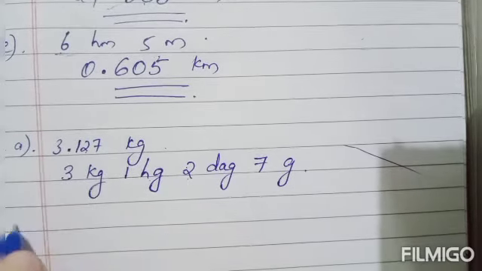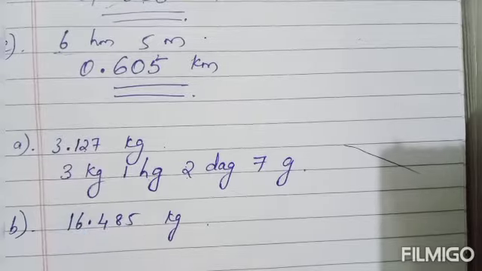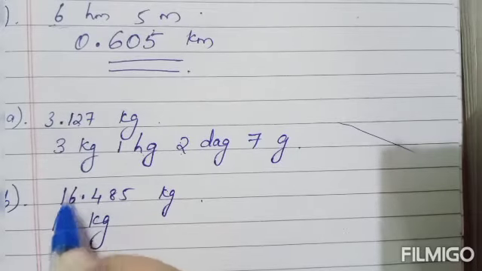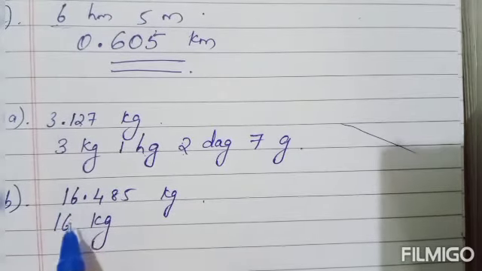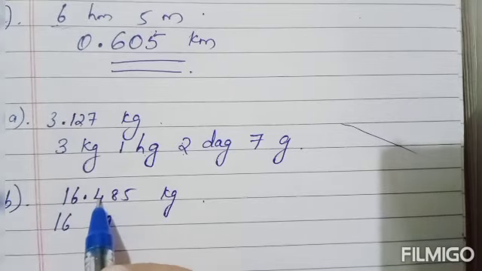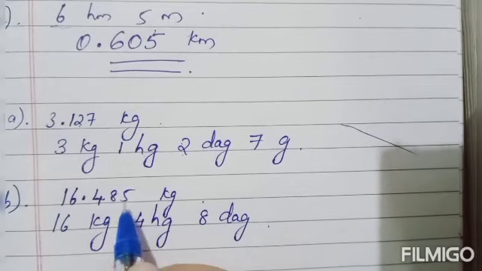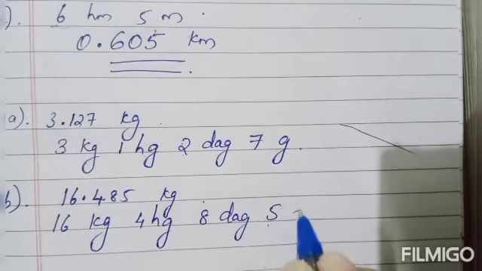16.485 kilogram. Now the number that is coming before decimal point, here it is 16. So that is kilogram. Okay, 16 kilogram you can write. Now after decimal point, 10th place. In 10th place it is 4. So it is 4 hectogram. Next 100th place it is 8. So 8 decagram. Okay, 100th place, that much decagram you can write. Next 1000th place it is 5. So 5 gram. Okay, next C,